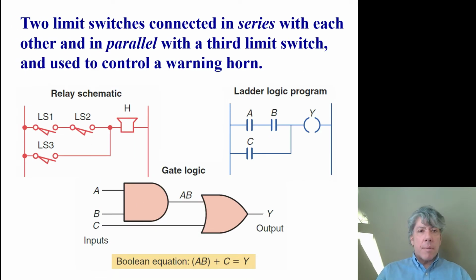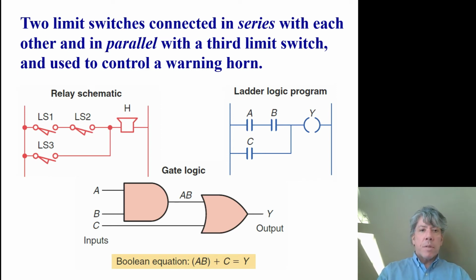Here's another setup where two limit switches are in series, in other words, ANDed with one another, and they are in parallel with a third switch. So we've got an alarm horn here. If limit switch 3 is on, I guess something really bad has happened. It's time to turn on the alarm horn. If limit switch 1 is on or limit switch 2 is on, things aren't so bad. But if limit switch 1 and limit switch 2 are made, then again the horn needs to come on and